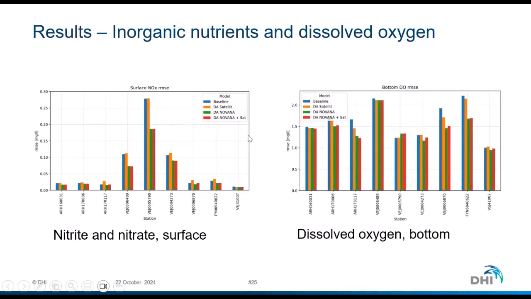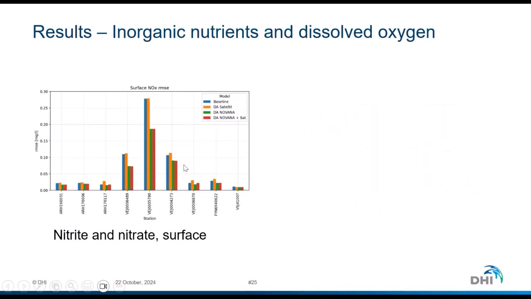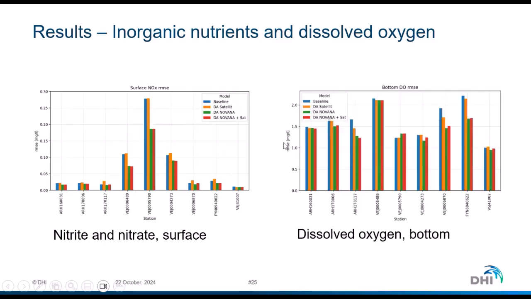And again, the larger effect we see in the 2 stations. These are the 2 stations which we looked at before, the Horsens and the Vejlefjord, and this is the outer Horsens Fjord. They have a large reduction in root mean square error of the inorganic nutrients.